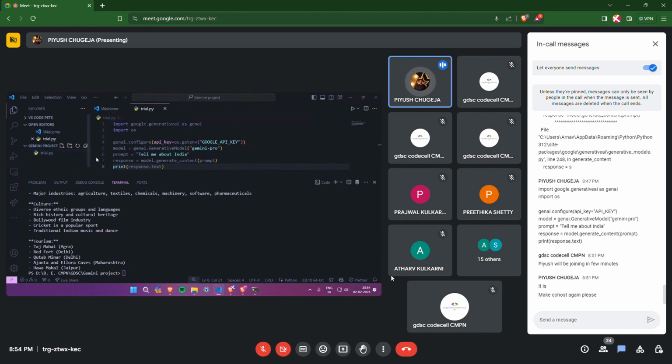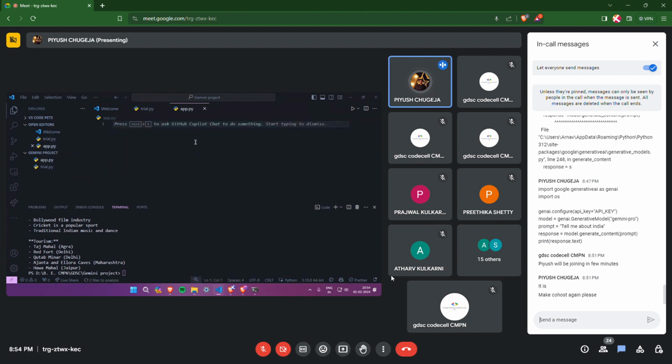हम अभी ये trial.py से बाहर आके नया फाइल बनाएंगे. We will name it app.py. You can name it whatever you want. Just remember the name you are giving. अब यहाँ हमें दो चीजें इंपोर्ट करनी हैं. पहले तो हमारा गूगल जनरेटिव एआई वाला जो मॉड्यूल था जिससे हमने एपीआई की को रिक्वेस्ट भेजी थी, सेम चीज.